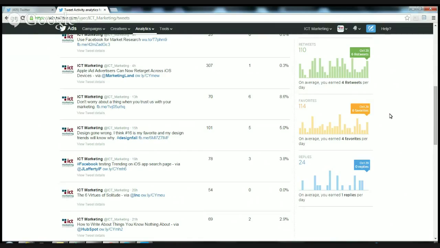Favorites: if somebody clicks favorite on one of your tweets, it sticks it in their favorites. Those are publicly accessible to anybody who wants to look at them. So if you've clicked favorite on a tweet, it stores it in your favorites. If I go and look at your Twitter profile and click on your favorites, I can see everything you've clicked favorite on. So it's sort of a publicly accessible storage type of thing, and it's also a vote of